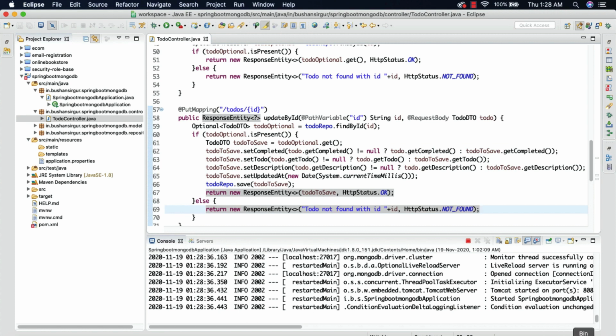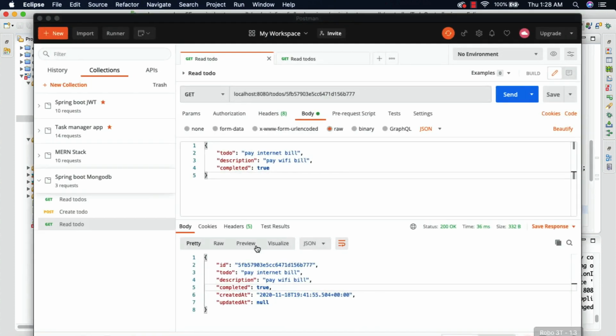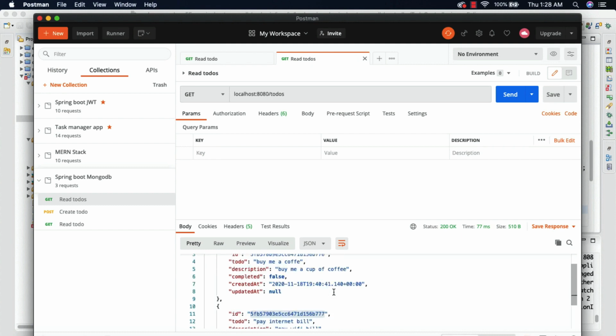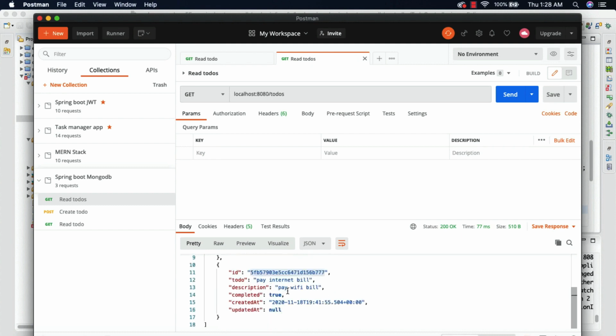So let's go to Postman, and first let's go to the read todos and click on send. Right now we have 2 todos, so I'm going to take this pay internet bill, and set this completed to false.